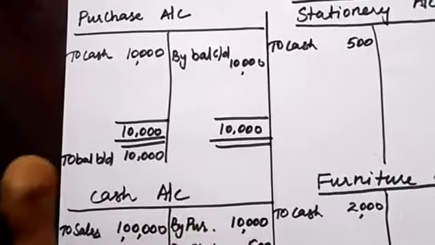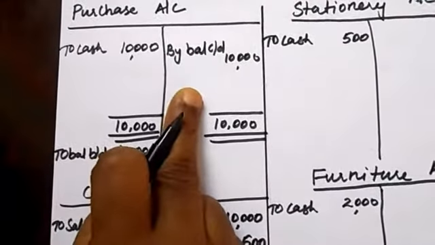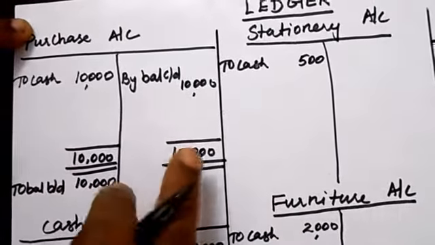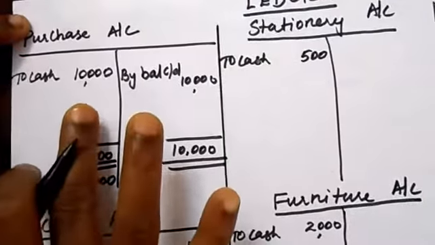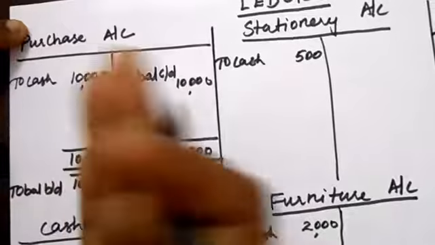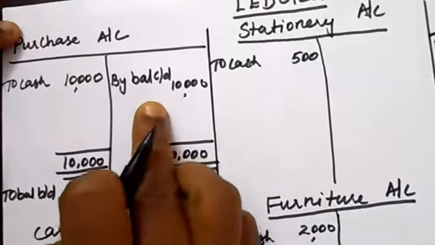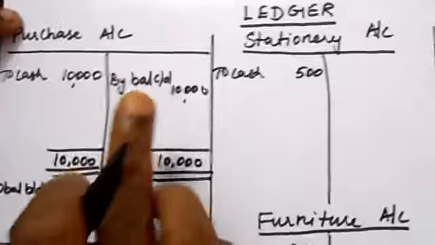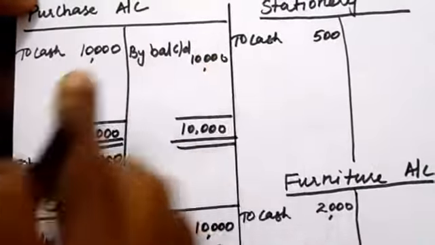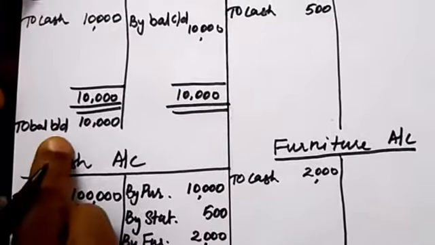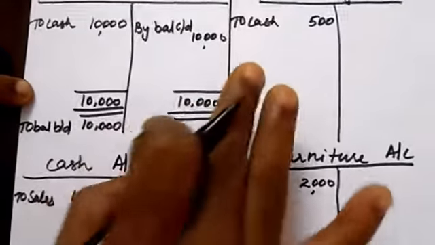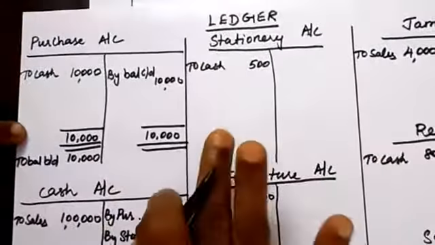I told you, you may get either a debit balance or a credit balance. In the purchase account, in the debit side you have got 10,000 rupees but in the credit side no amount. So the debit side is more than the credit side, and this balance will be called a debit balance. It is written as balance carried down, and you need to transfer this amount to the opposite side: debit side, to balance brought down, 10,000 rupees. In the same way, you need to balance and close each and every account separately,